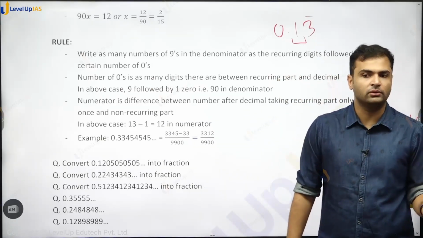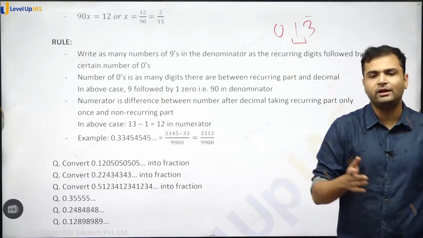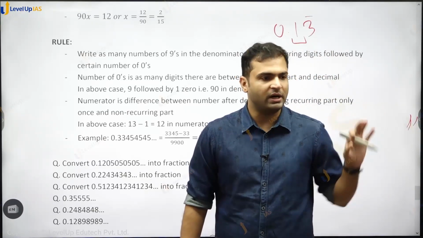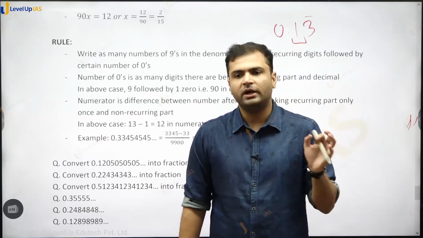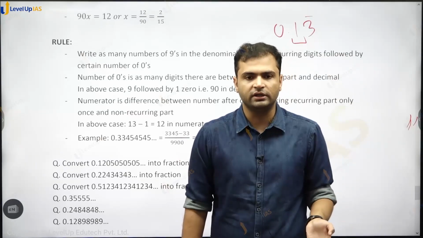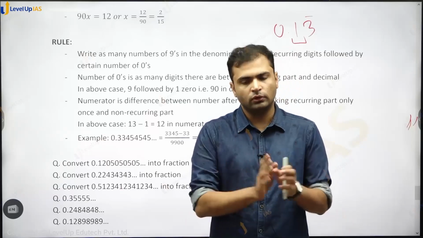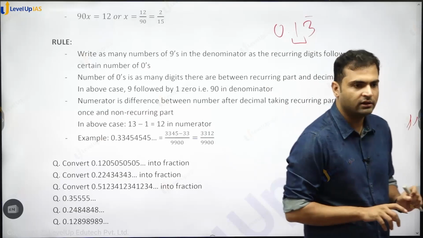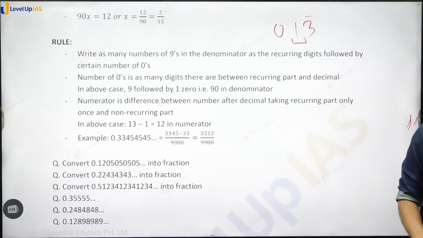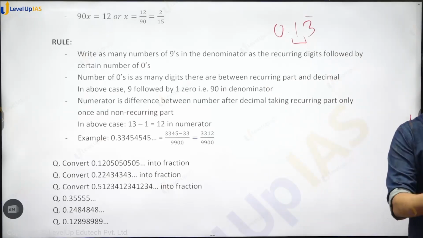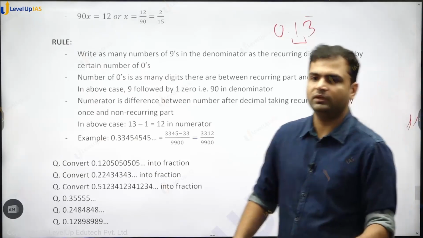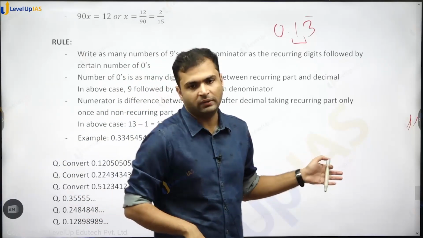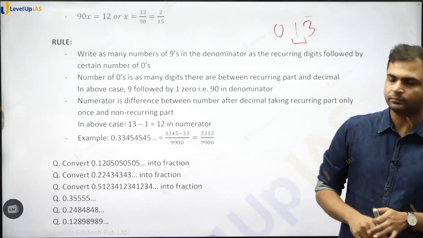core idea वही था, हमेशा कैंसिल करना था हमें पूरे रिकरिंग पार्ट को, और उसके लिए पहले उसको इमीडिएटली आफ्टर डेसिमल पॉइंट चालू होना चाहिए। That was our first step, that multiplied by power of 10 such that recurring part immediately starts. जितने भी रिकरिंग डिजिट्स हैं, 3 डिजिट्स है, 4 डिजिट्स है, कितने भी हो, वो रिकरिंग as a bunch should start immediately after the decimal point, that was our idea। And एक बार वो आ गया, उसके बाद इधर हम वर्किंग रूल दे जा सकते हैं, या फिर again we can multiply the new number with relevant power of 10, so that वो recurring part cancel हो जाए पहले वाले नंबर से। That was the core idea।